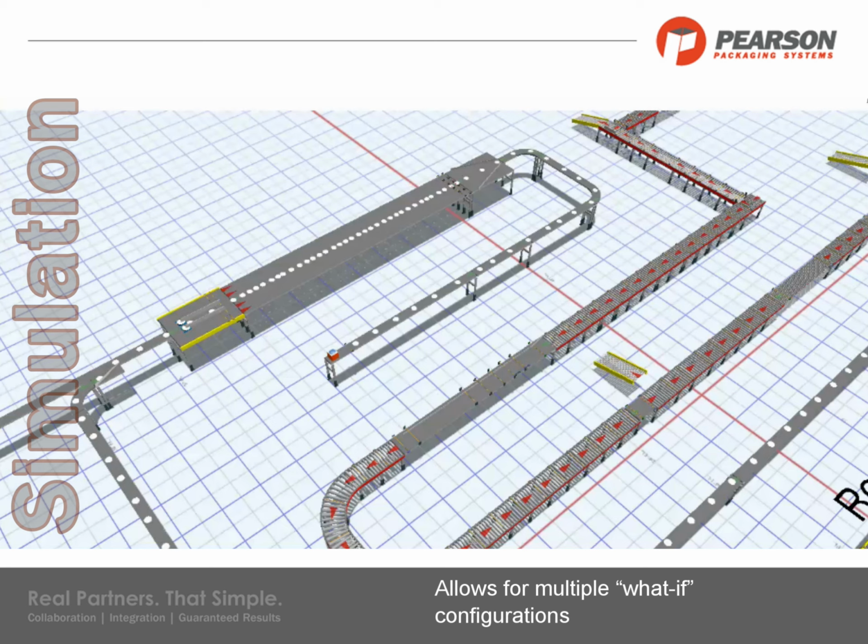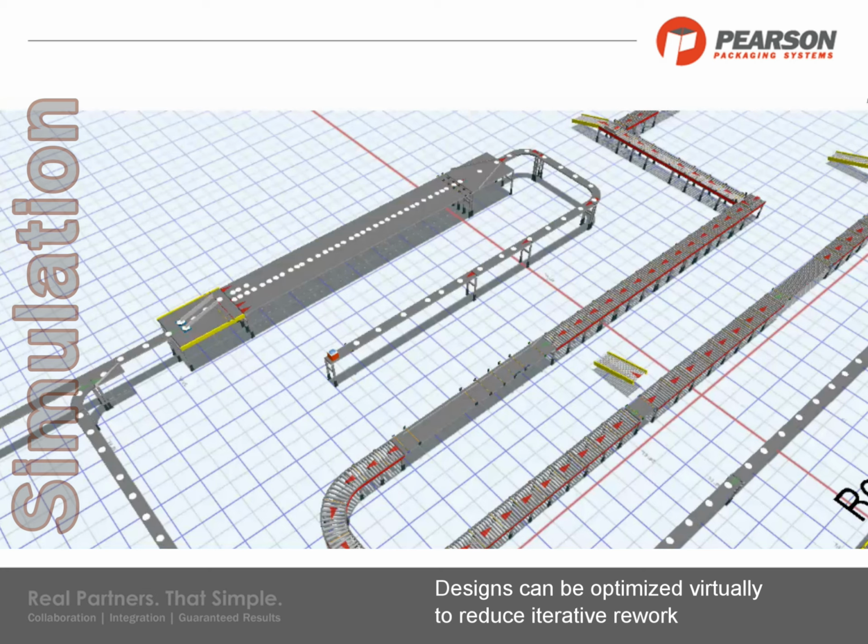As we look at a different section of this particular line, we can see that at the front of the system, we had to be able to accumulate a lot of product very quickly and then discharge it. Here in this section of the machine, we're also accumulating product in the event that something downstream stops for some reason, and we need to still accumulate and hold that large quantity of product